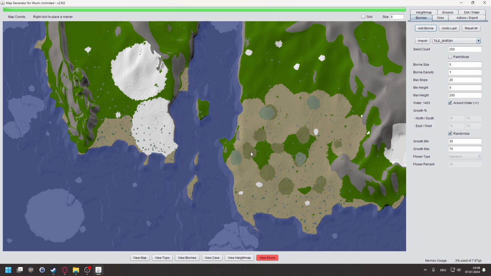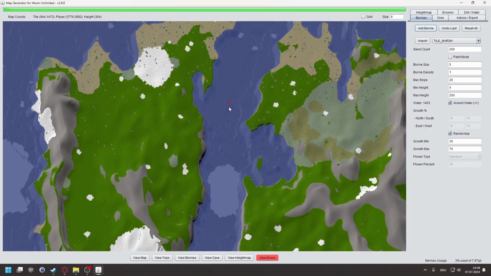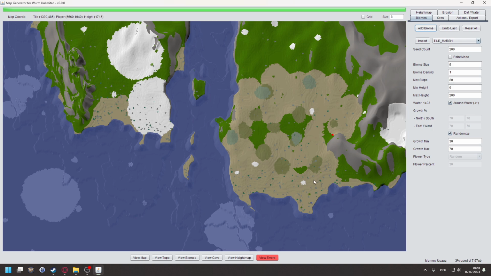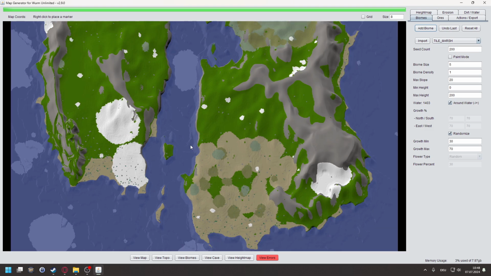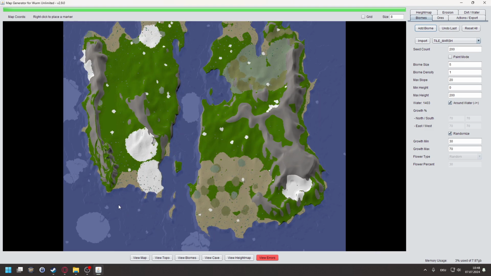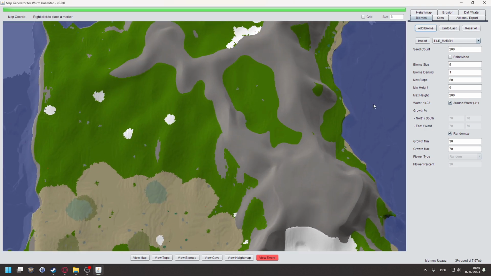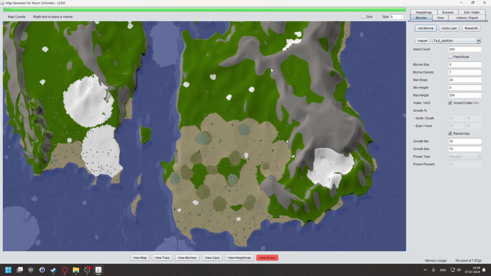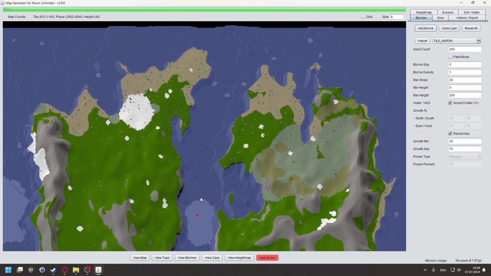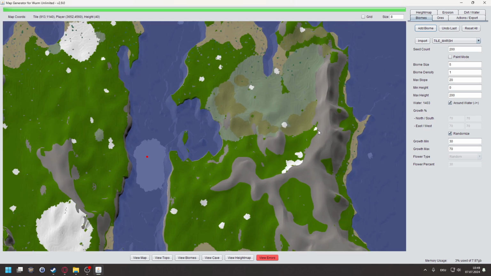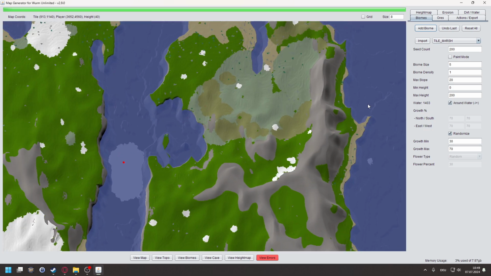I can paint over it again. So maybe your approach could also be to first place the small biomes and later paint over with the big biomes. But I tend to do it this way, and if something happens, I can just paint over it. But also it will give a little bit of true randomness to the map, so that's fine with me. I'll just check the map. We do have marsh. One could now go ahead and place marsh on all the coastlines here, but I'll tend to keep it to small